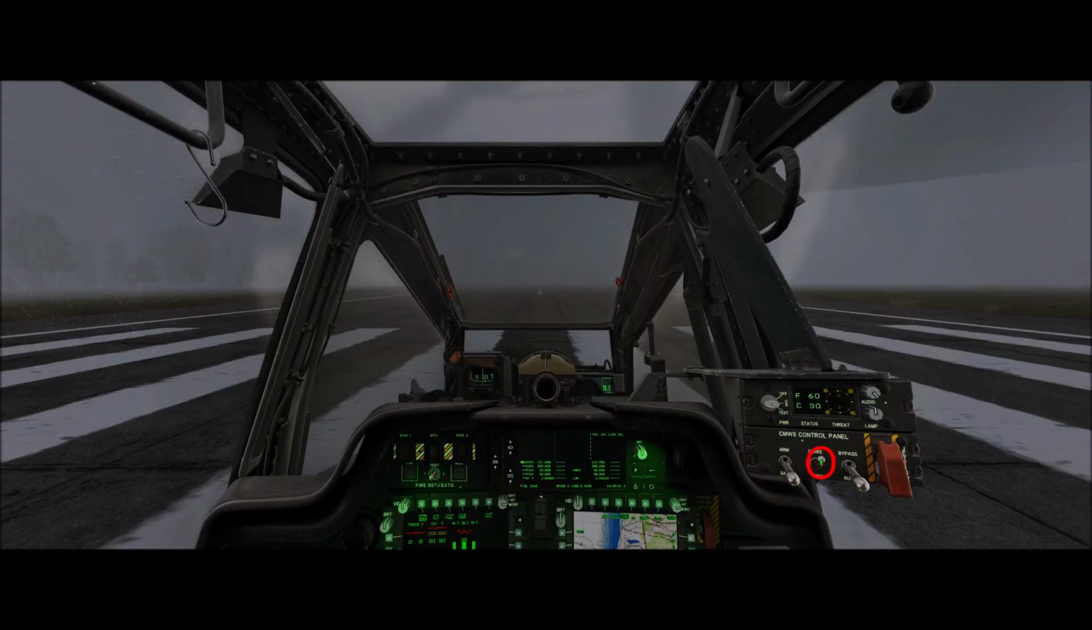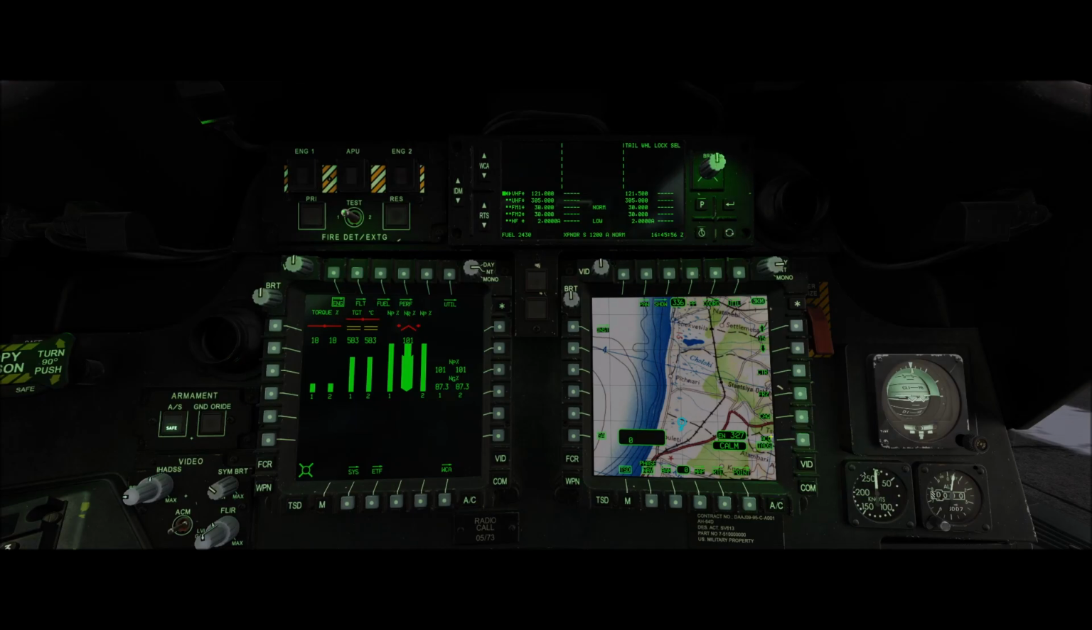The first thing we want to do is make sure our CMWS switch is in the nav position so we can get the audible Morse code tone from the NDB. We'll go down to our MPD. I like to turn the visibility down slightly on the screen. We're going to go to TSD,